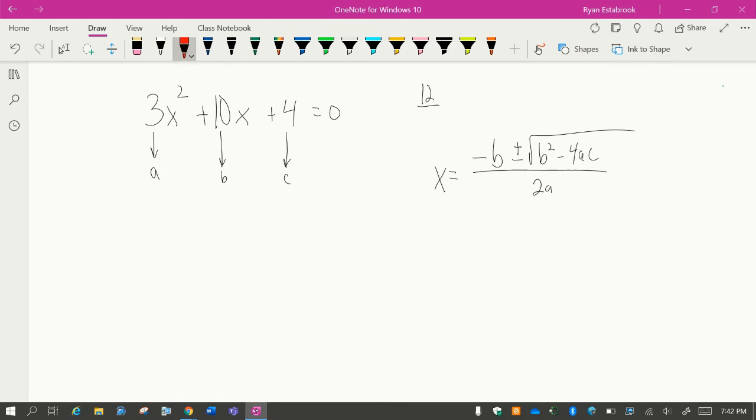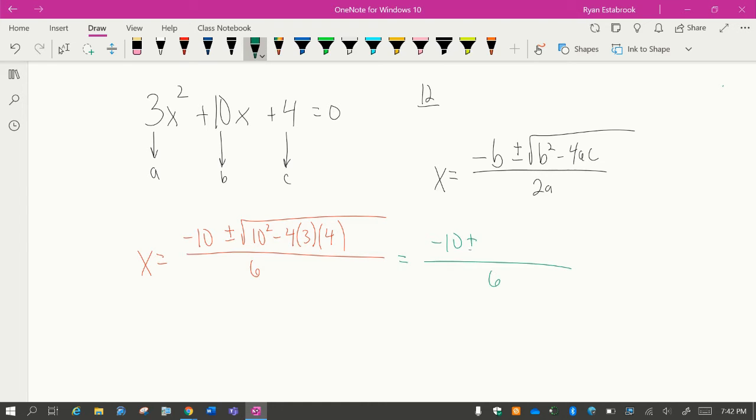So entering it into this equation, x equals negative 10 plus or minus the square root of 10 squared minus 4, always minus 4, times a times c, all divided by 2a. 2 times 3 means that there's a 6 down in the denominator. So here's my solution. That looks pretty messy, so we're going to clean it up a little bit, specifically underneath